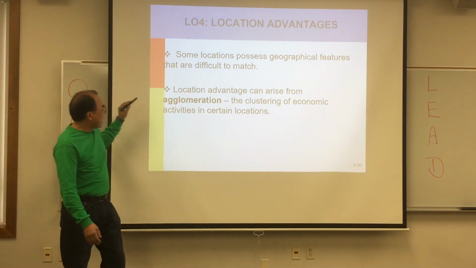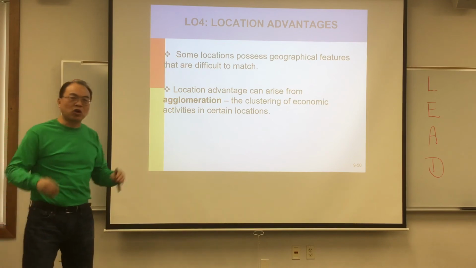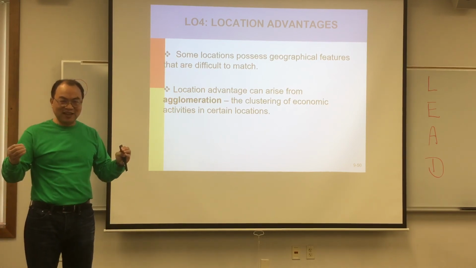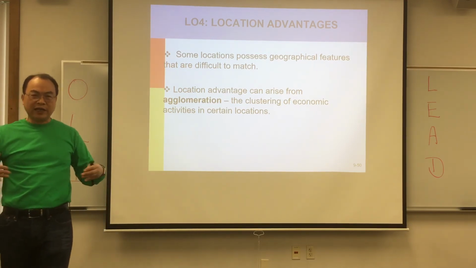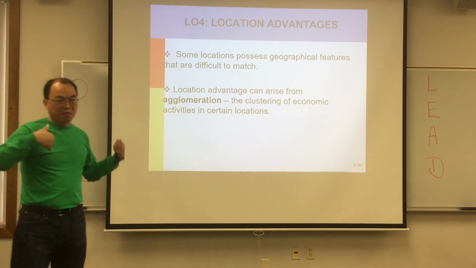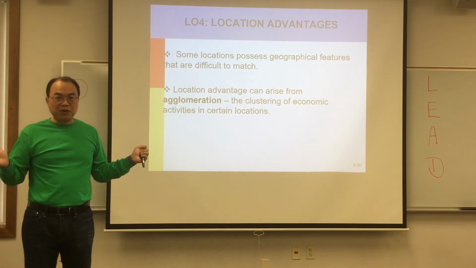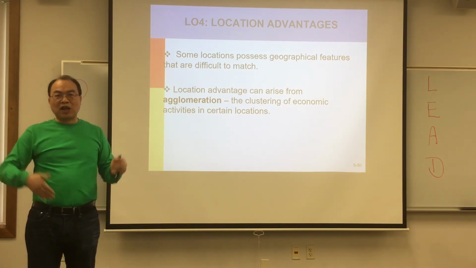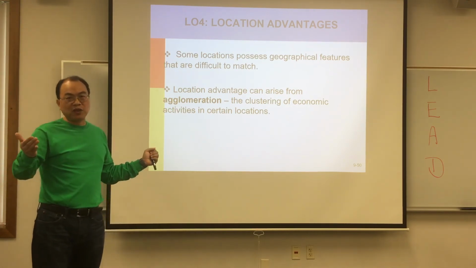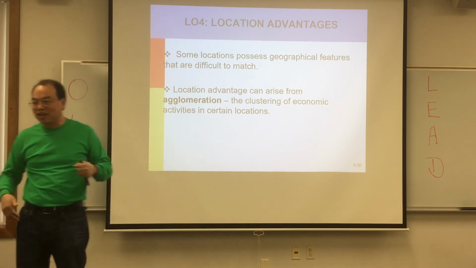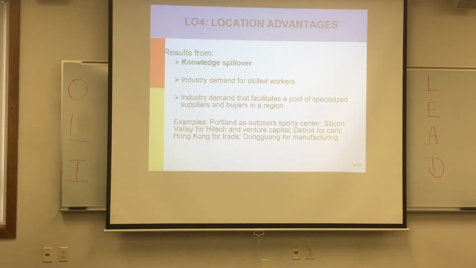So the concept of agglomeration really means a cluster. The best way is really called innovation networks, okay? What does that mean? I think I said in the class before, right? If you want to study apparel companies, sports apparel, outdoor, you want to come to Oregon. Probably you don't want to go to Arizona, right? The reason is because in Oregon we have Nike here, we have Columbia Sportswear here, we have Adidas here, so they have a lot of talented workers here. If you're willing to pay somebody a little bit more, they come to you, right? So anyway, there's a lot of advantages in this innovation center, and that's why location advantage is very important, okay?